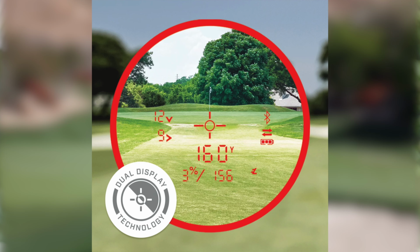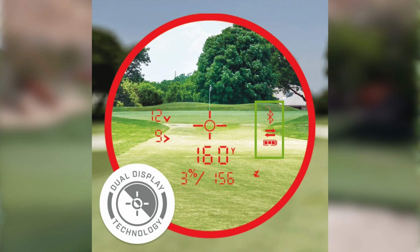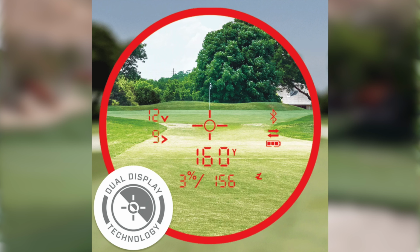It's just pretty streamlined. Well, now with this, you've got your slope data, it's giving you a Bluetooth symbol, you've got battery, you've got the yardage, and you've got the wind data. All of a sudden, there's a whole bunch of stuff in the viewfinder that I just don't necessarily love. If you flip slope mode off, then almost all of that goes away and you're back to that super clear, super streamlined view that I really like,